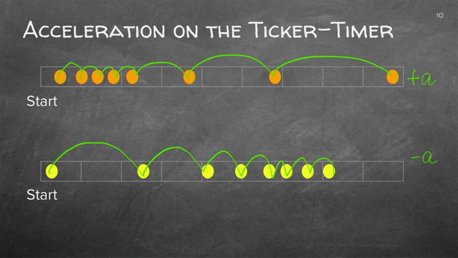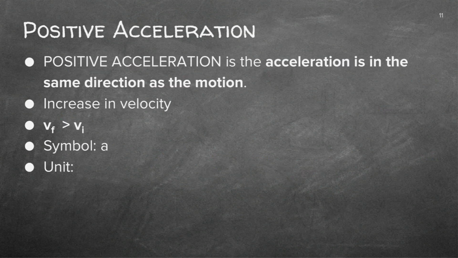Always try and identify where did you start and where did you end. It's important as well for the graphs that we'll be following on this one. Right, positive acceleration, just clearly again, it's an increase in velocity, so the final will be greater than the initial. So you will say the delta V is final minus initial, and your answer will be a positive A. The unit again, just let us remind ourselves, meter per second squared.